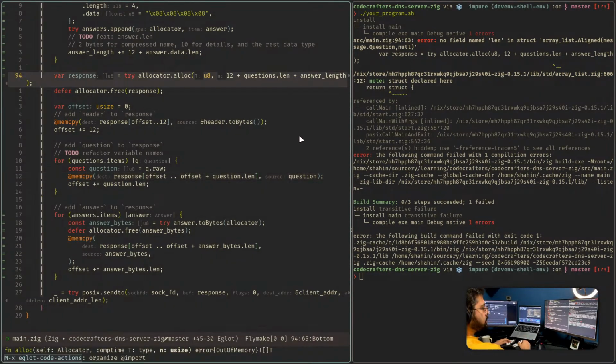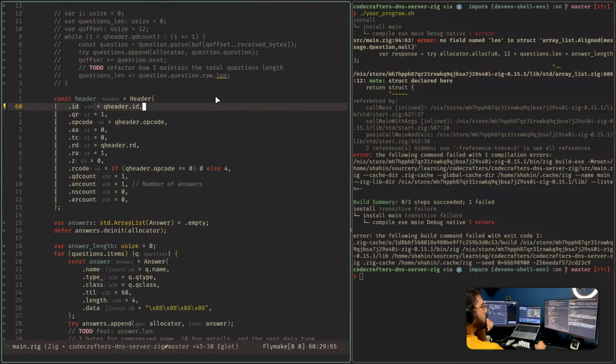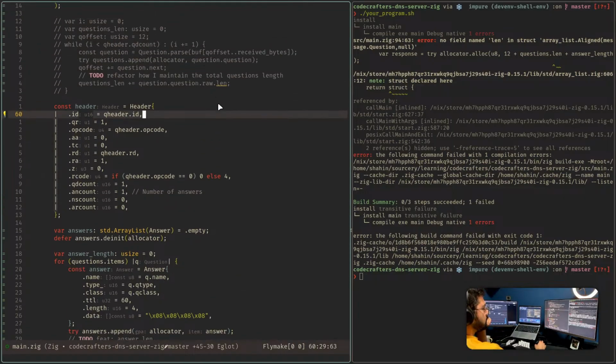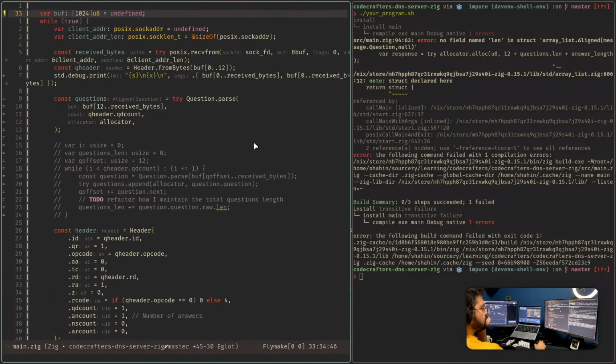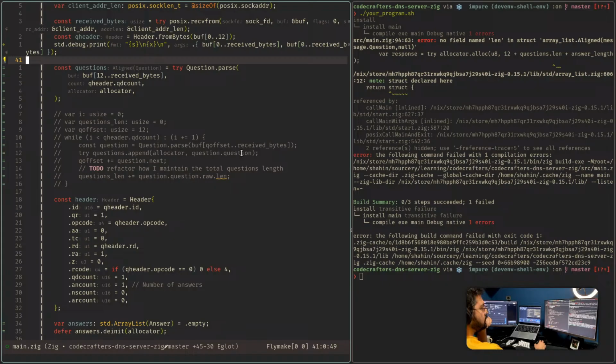Questions len also doesn't exist. For questions len, I was just calculating the, okay. What I can do is